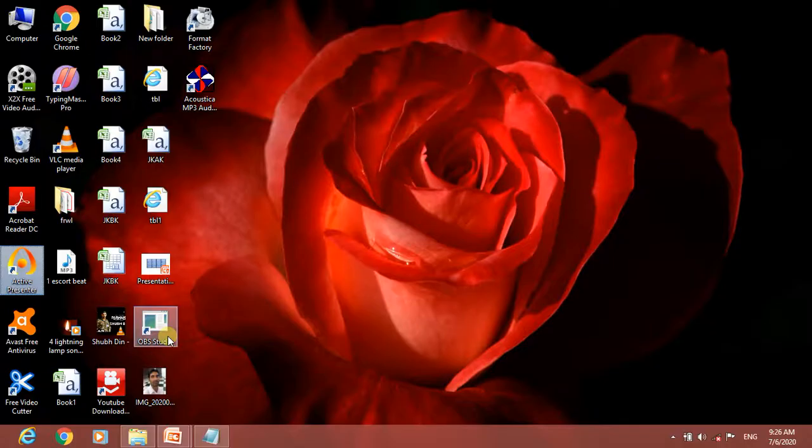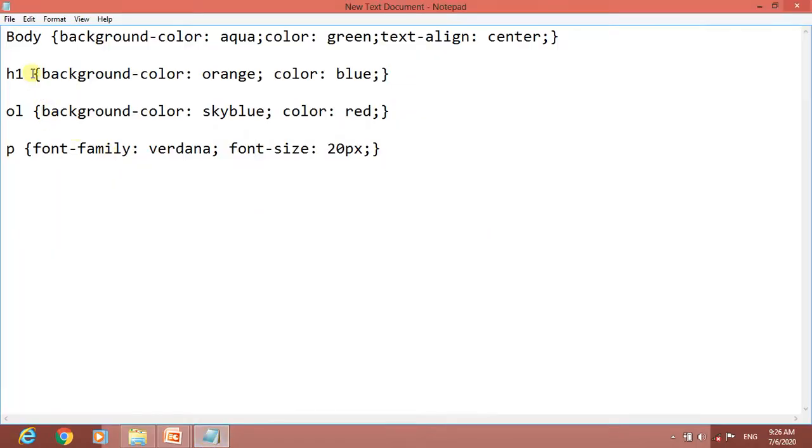As you can see in my own example here, I have written the body element. Remember, here the elements written will be those which you have written in your HTML document. Only those elements will be written, because you are going to format or change the style of the HTML document. So according to the HTML document, your elements will be written in CSS. Here the body element is written, then its property, then a colon sign, its value, then the next property, then a colon sign, then the value, then the next property, then a colon sign, then the value. Like this, then the curly braces close for the body element.